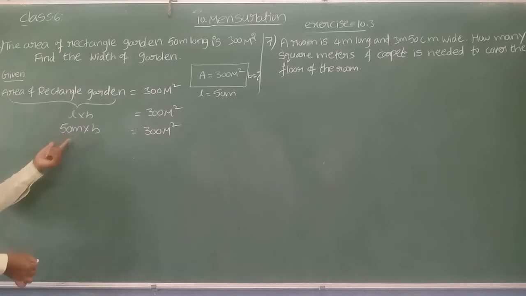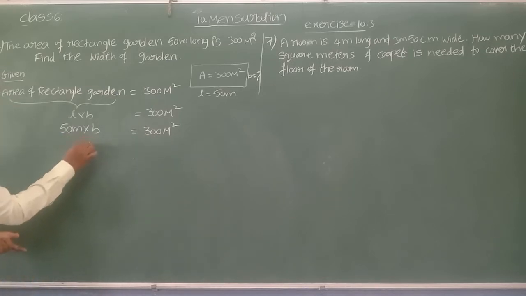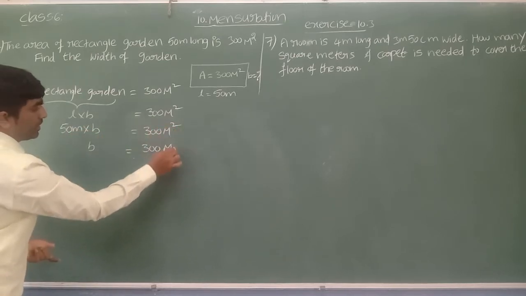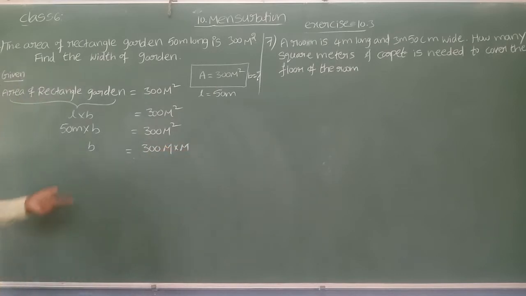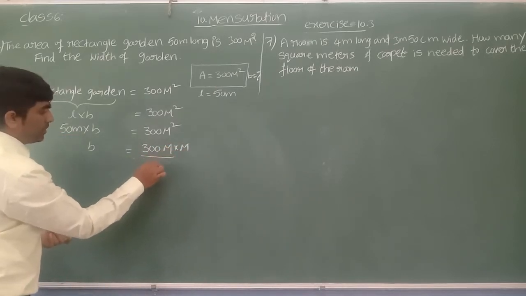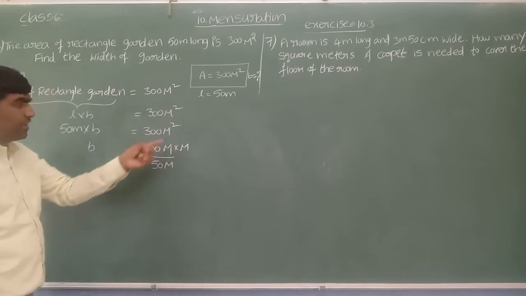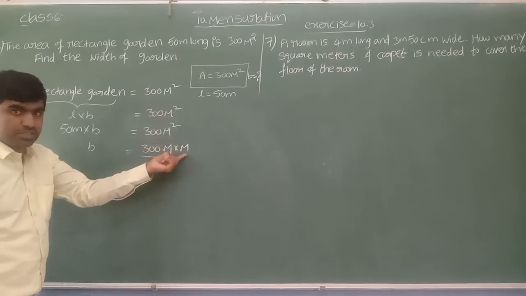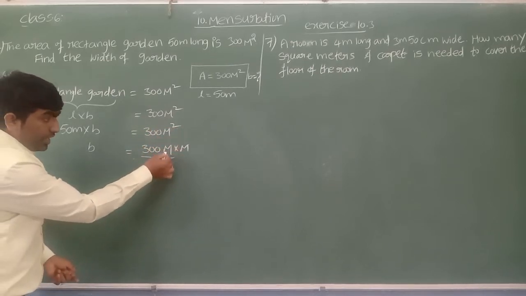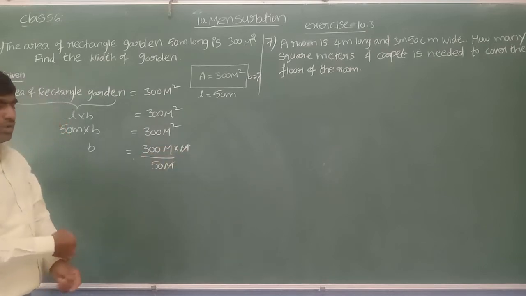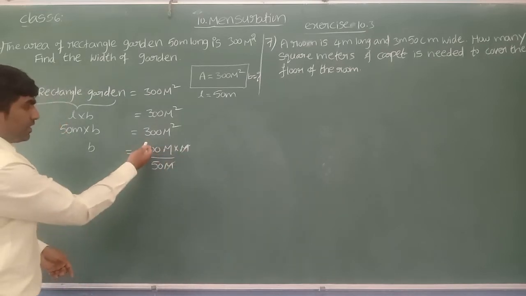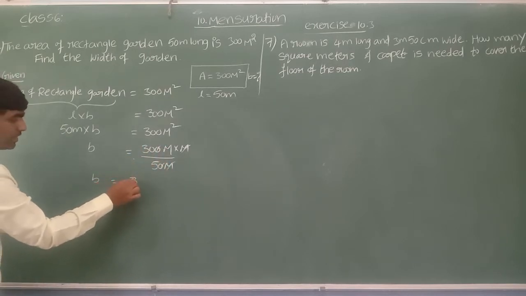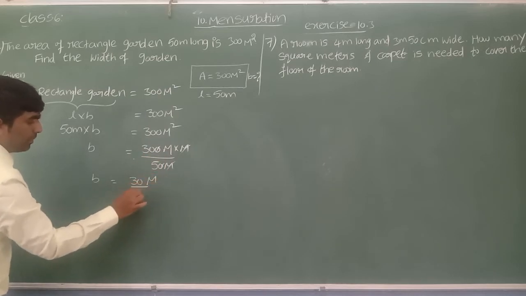When it is transposed to the RHS, it becomes division. Breadth is equal to 300 square meters, let me write meter into meter, divided by 50. Why is meter squared written as meter into meter? Power 2 means we can write it 2 times. If I write it 2 times, I can cancel like this, and one meter is left. Now simplify both: 0 and 0 cancel, and write the leftover part down. 30 meters left by 5.